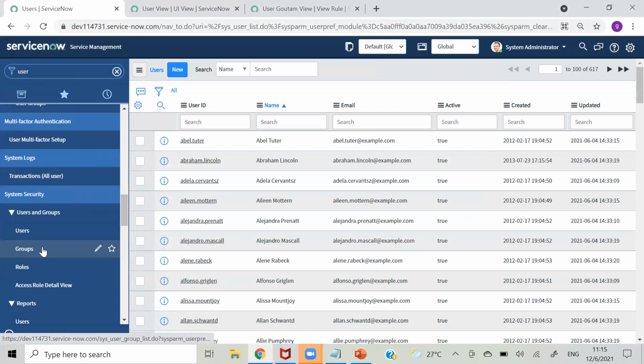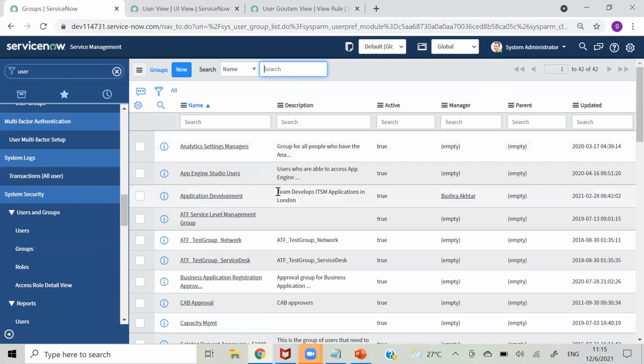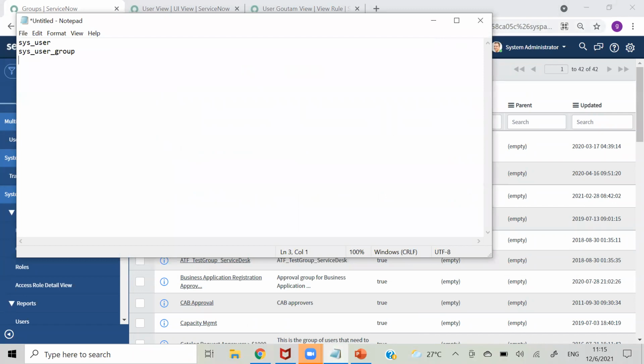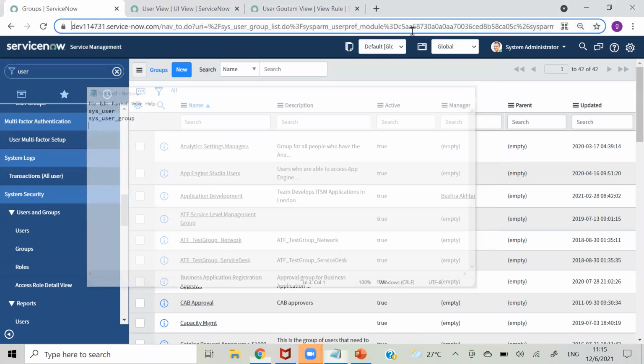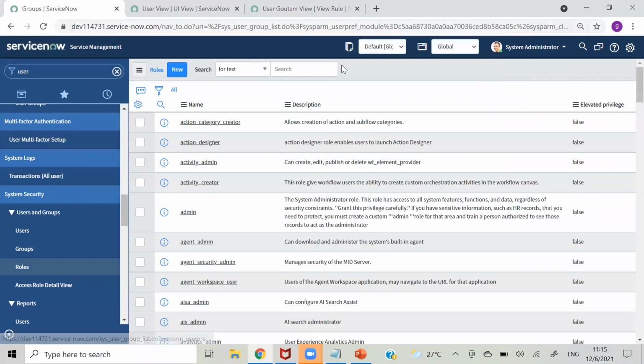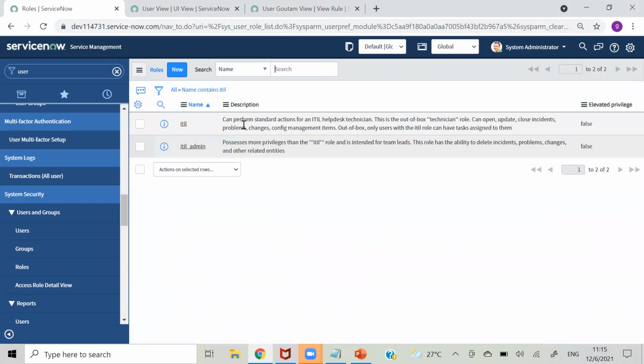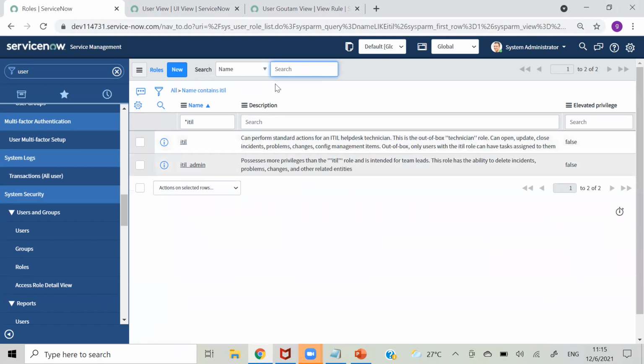And then we have a default group table. What is the name of that? sys underscore user underscore group. Paste. Then we have roles. These are all the roles we have in our system. Like you can see admin role. We can find ITIL role, ITIL admin, all those roles.